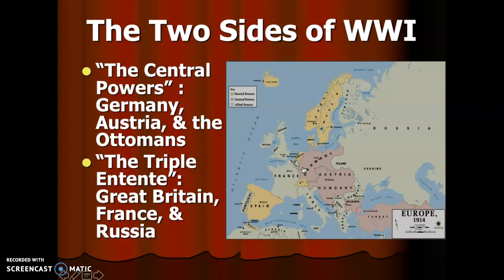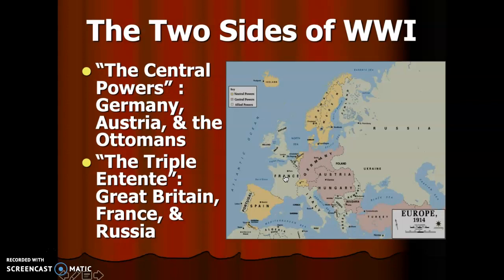Belgium has an ally. That ally is Great Britain. So when Germany decides that they need to get to France through Belgium, and as soon as they step foot on Belgium's soil, Great Britain says you can't do that. That's wrong. Now we have to come into war. Now we're going to come and attack you because we have an alliance with Belgium. Germany actually invades Belgium. Great Britain declares war. Everything is going according to plan for Germany because they're marching right through Belgium. They're making their way into France.